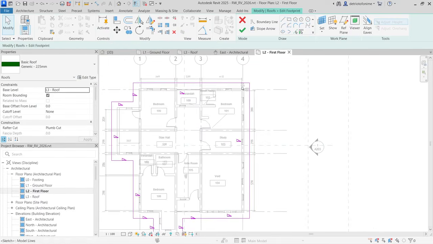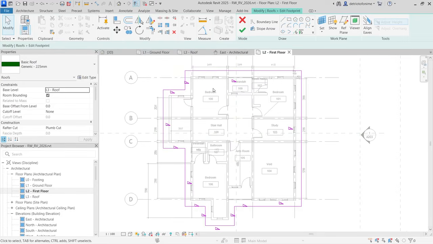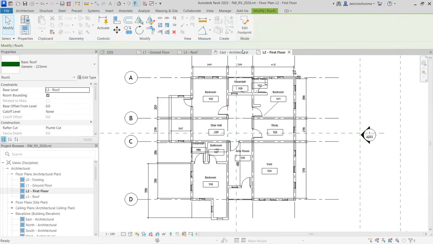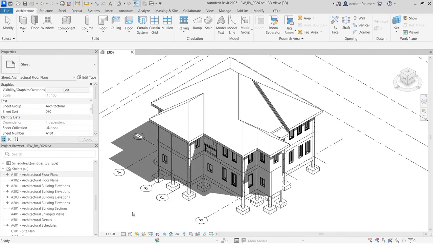Then it's good to create the roof based on the first floor. Everything on the ground floor may not be considered. So if you create the roof based on the first floor, go ahead and click apply. So there's the new roof. If you go to 3D, you can actually see the roof. It appears correctly now. So we've covered most of the work, and all we have to do now is to